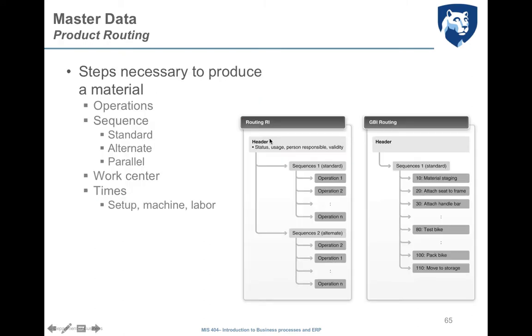Then we have the product routing. Again, the product routing is a list of operations that the company must perform to produce a material. Like the bill of material, routing documents include a header that contains data which are applicable to the entire routing, such as the status or the validity of the routing, and then some more details